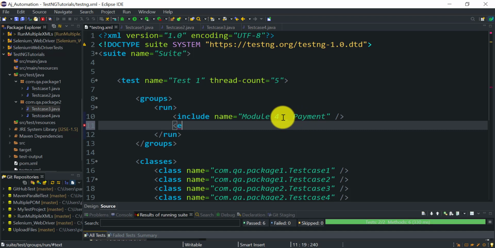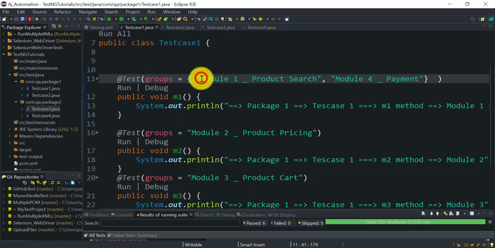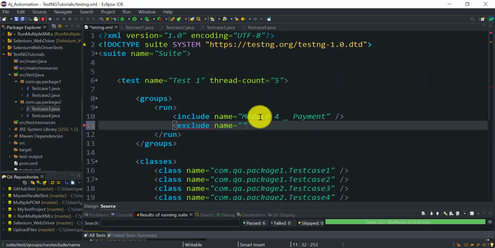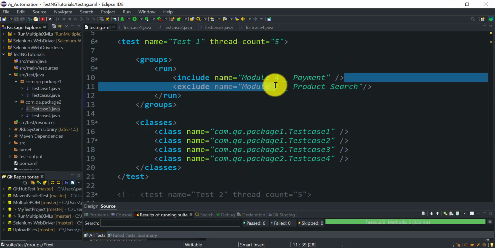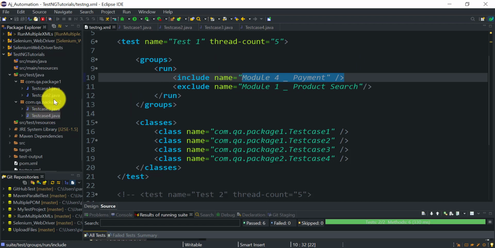So here we need to use this exclude tag, provide the name of the group you want to exclude in execution. So I want to exclude this module 1. Okay, so I don't want to run module 1 test methods. Okay, so currently we have 4 test methods which are testing the payment functionality from these 4 TestNG classes.